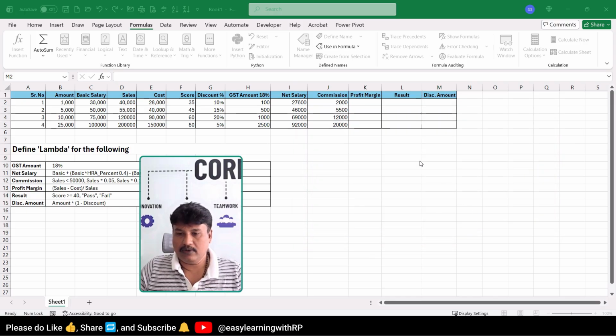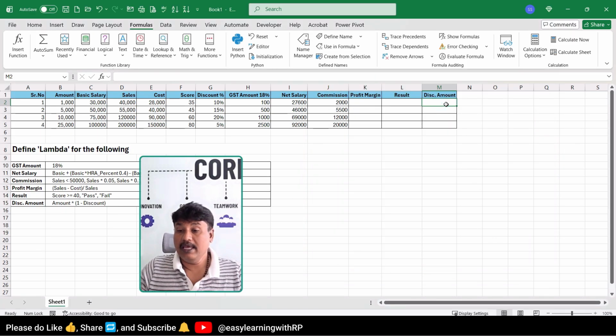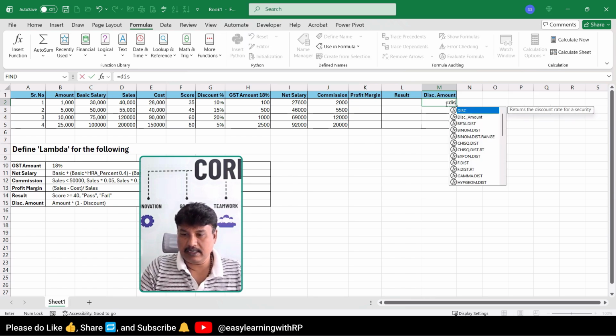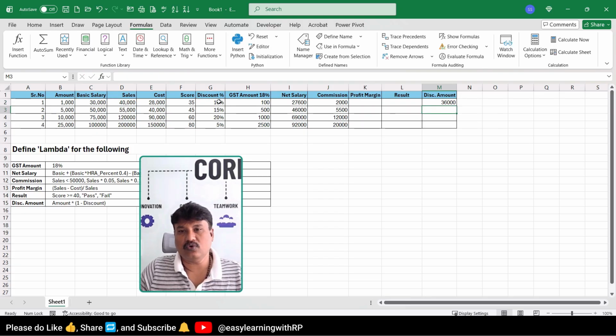Okay, and here instead of putting only one cell address, discount is based on sales, right? So instead of putting this comma this, it is going to return us only a single cell value.